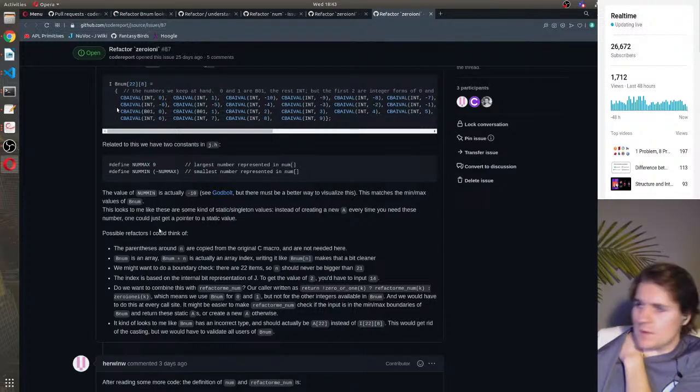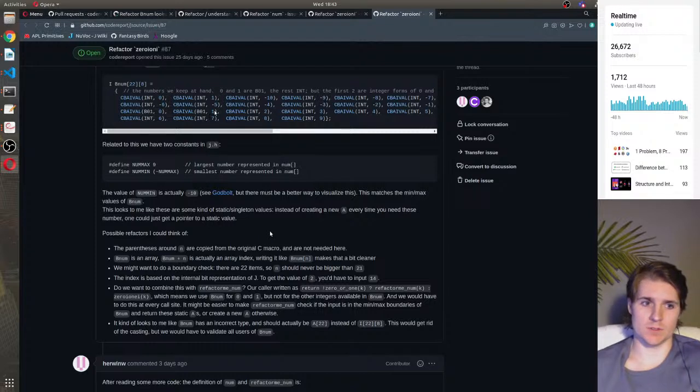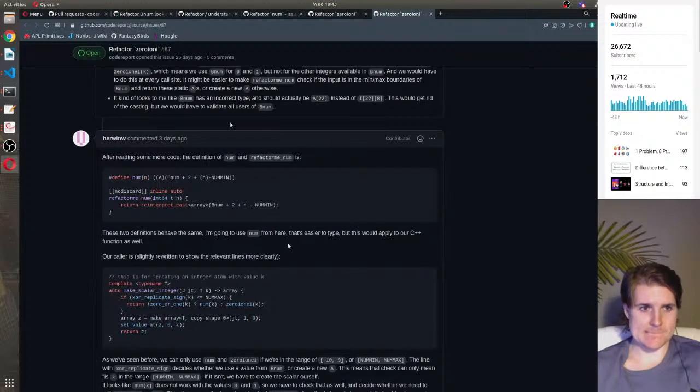This looks to me like these are some kind of static singleton values. Instead of creating a new a every time you need these numbers, you could just get a pointer to a static value. So there's a number of possible refactorings. After reading some more code, the definition of num and refactor num is